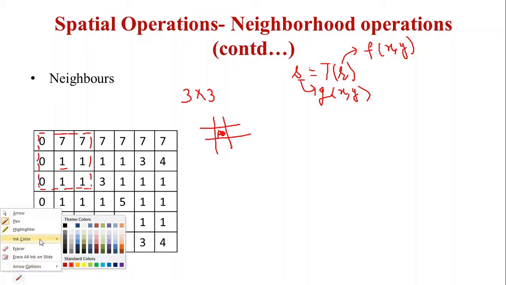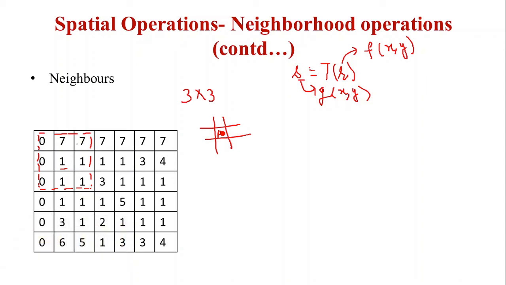Now just have a look at the next pixel, that is if I am talking about this pixel. If somebody asks you what the neighbors are, again you have to coincide this window with the central pixel, or I should say the pixel for which you are computing a neighborhood, and then again draw a window. So you will find that they are actually shifting one position towards the right hand side, right? And let's have a look.